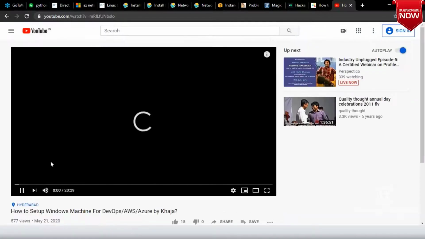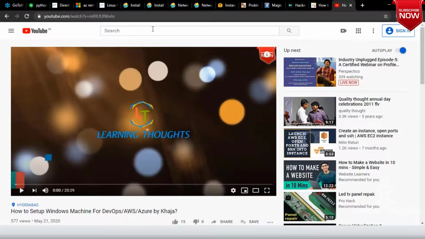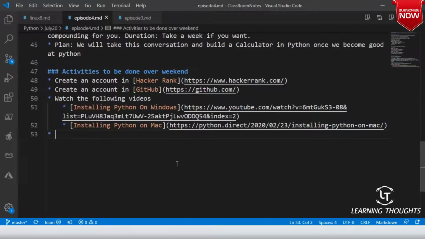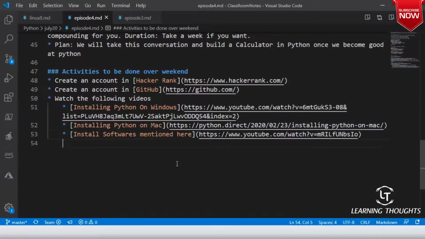All of this might not be required, but even if you install all of it, there is no harm, right? Here there will be Git Bash and Visual Studio Code. So install the software mentioned here. Am I clear on this? Yeah.